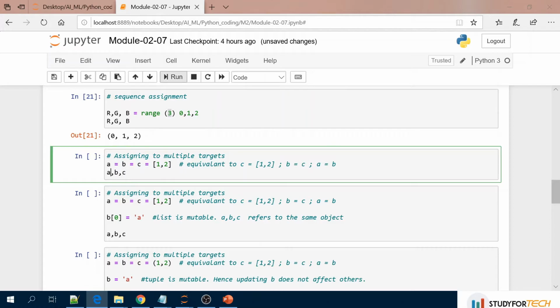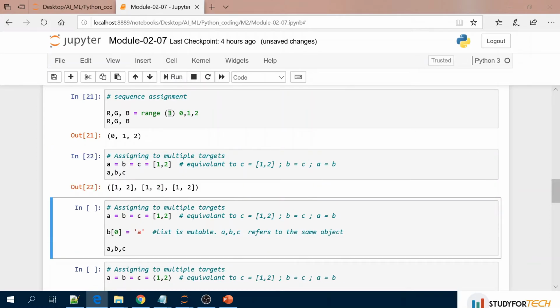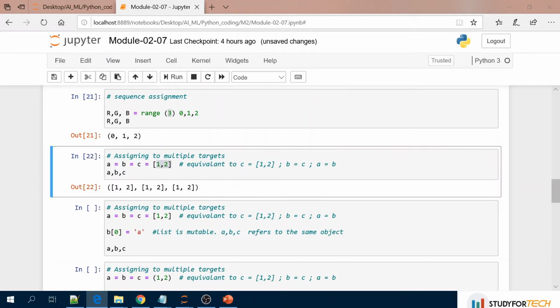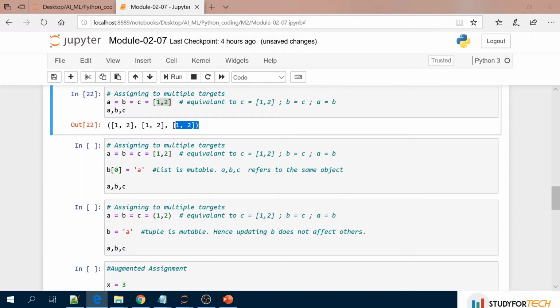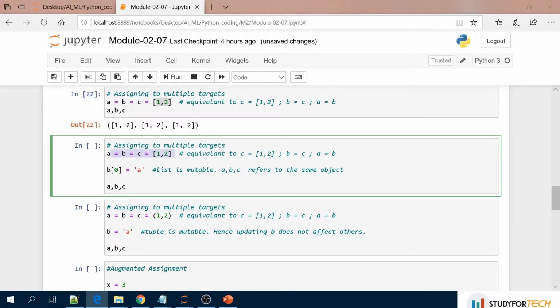So you just see here, A has been printed with 1 2, B also 1 2, and C also 1 2. Similarly, assigning to multiple targets, we have done in the same manner.